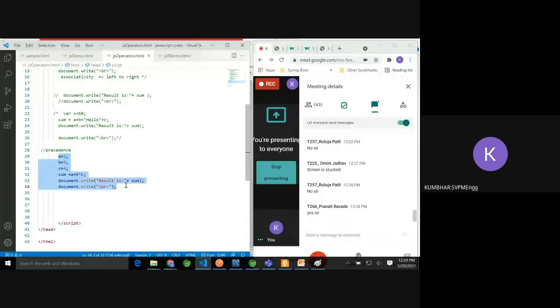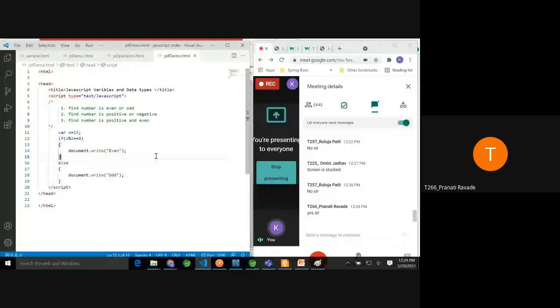Okay. Let me move to the next, the if statement. So now tell me, are you able to see the code of the if statement? Great. So it is very straightforward.